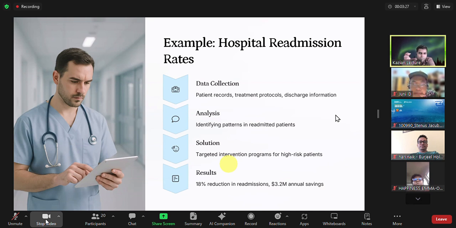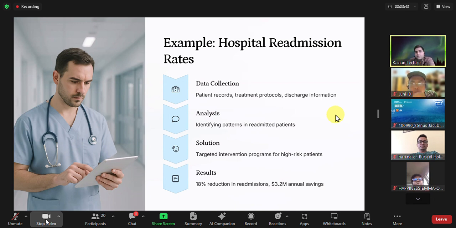So in simple words, let's say there are 20% of patients who are constantly coming to the hospital, then they have some problem and that needs to be cured in depth. So they were given some more solutions, they were provided with some more consultations, and accordingly the results were seen,